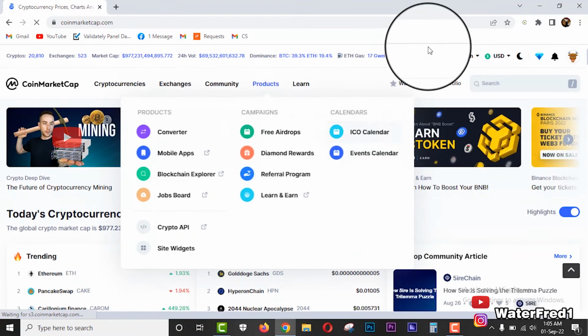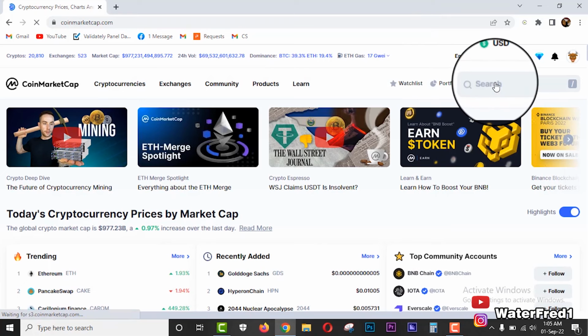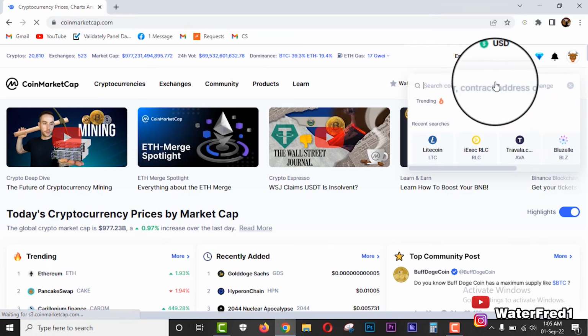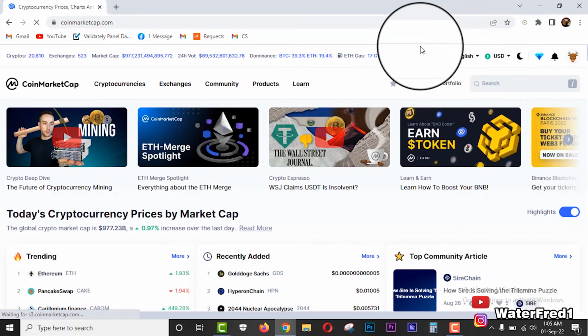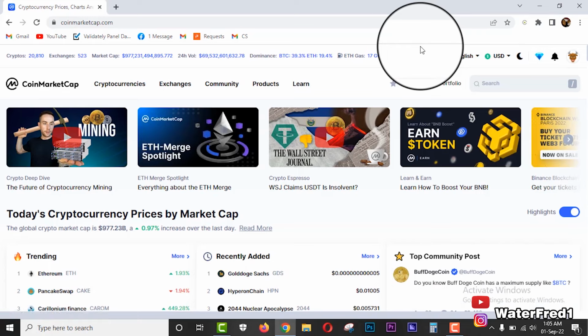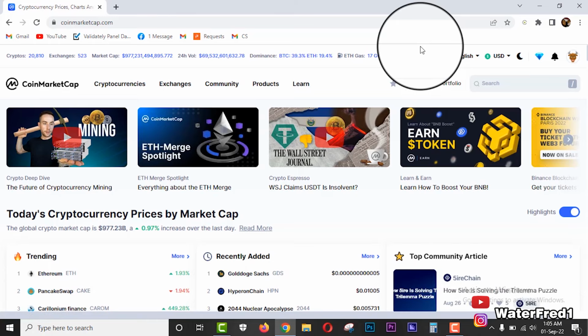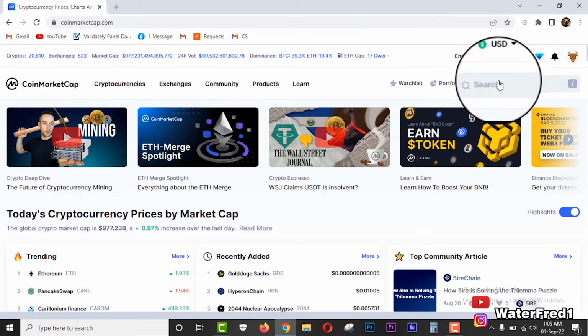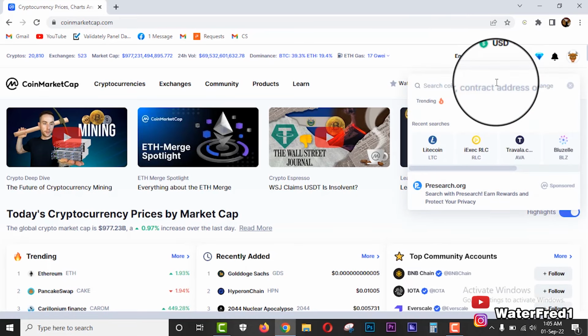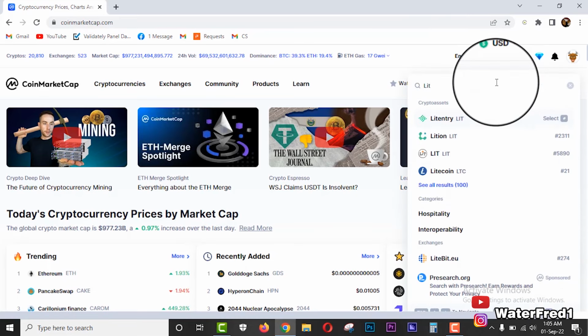So once you sign into your account, you come here and search for a cryptocurrency that you want to trade. I will recommend you go for cryptocurrencies that have low transfer fees from one wallet to another. Cryptocurrencies like Litecoin, Tron, just search for cryptocurrency with the lowest fees and then make your choice. So for today, I'll be using Litecoin. So I'll search Litecoin here,